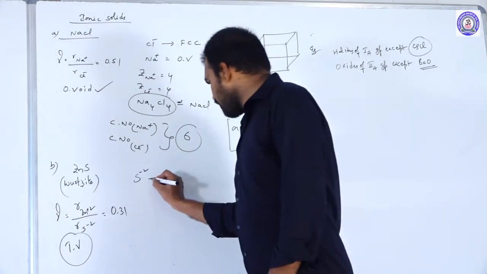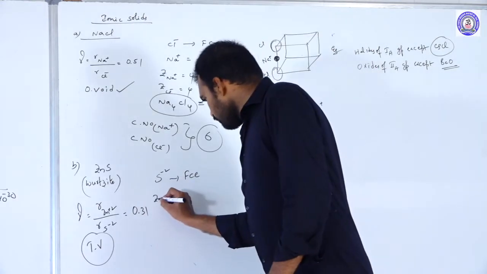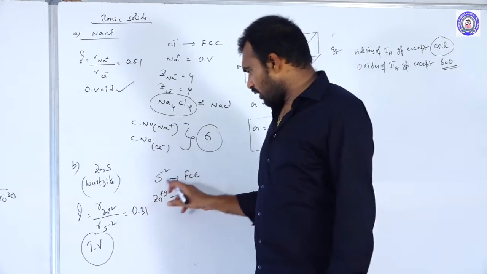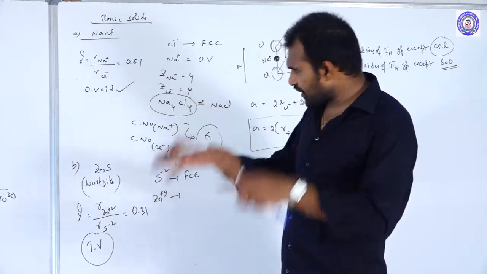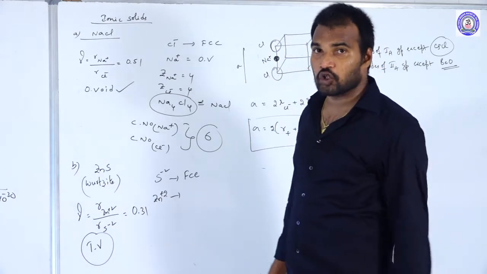S minus 2 will form an FCC lattice. Zn plus 2 will occupy. So FCC means 4, so definitely 4 Zn plus 2 ions are present. But Zn plus 2 ions will occupy